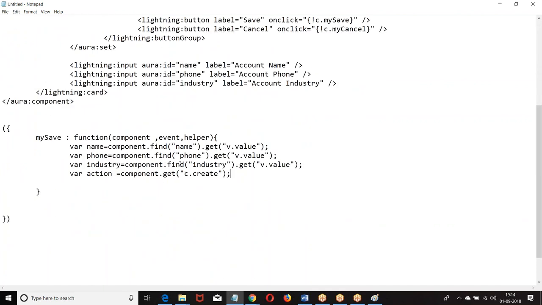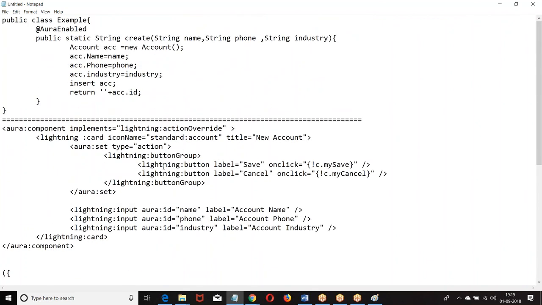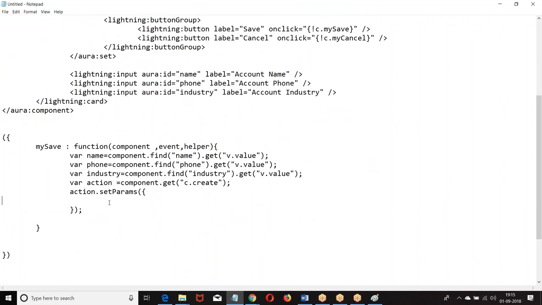Now for this method you are supposed to pass parameters. How do you pass the parameters? Action dot set name, phone, industry.